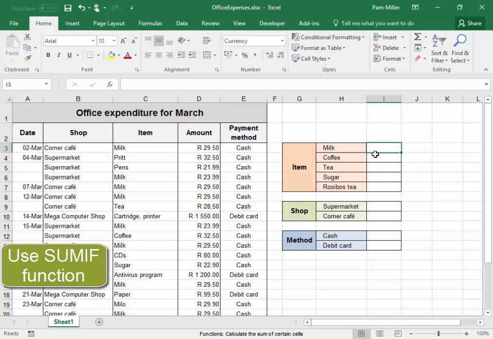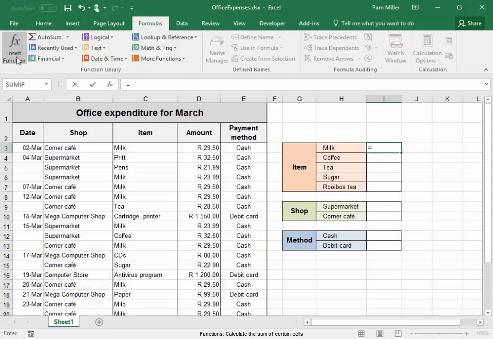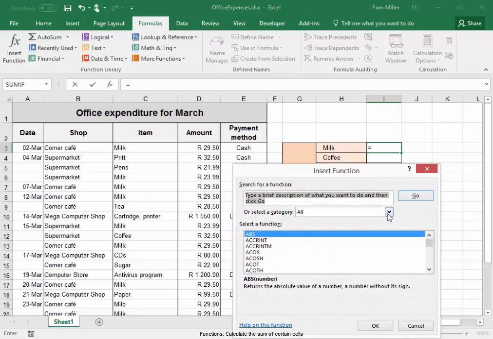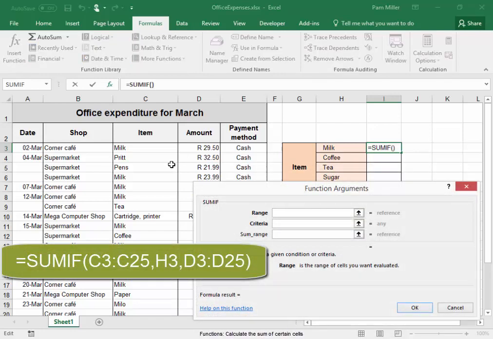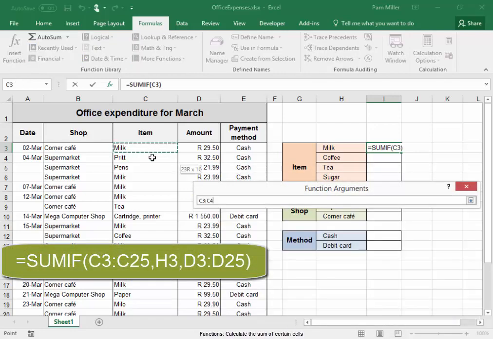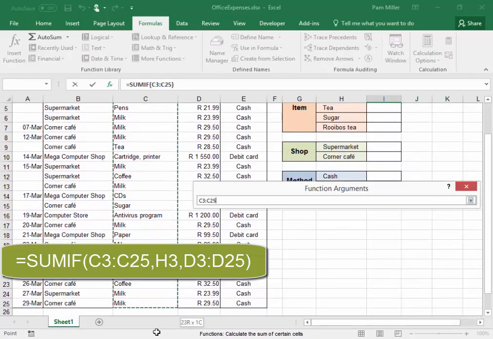or coffee or tea. SUMIF, I begin with equals, formulas, insert function. I'm going to go to all, and I'm going to scroll down to SUMIF. There it is. Okay. Now the range, we're going to go and look there for,